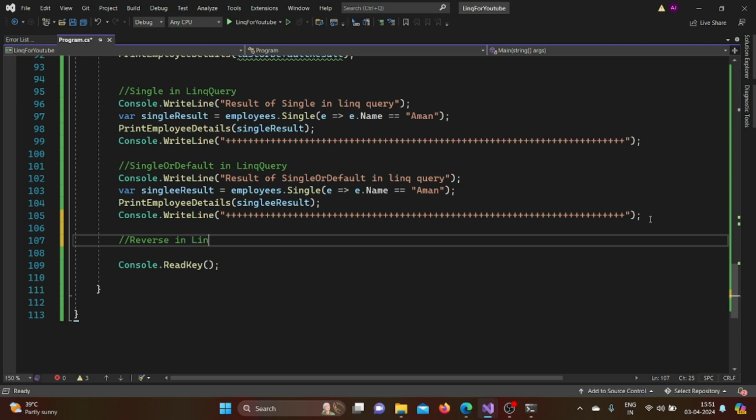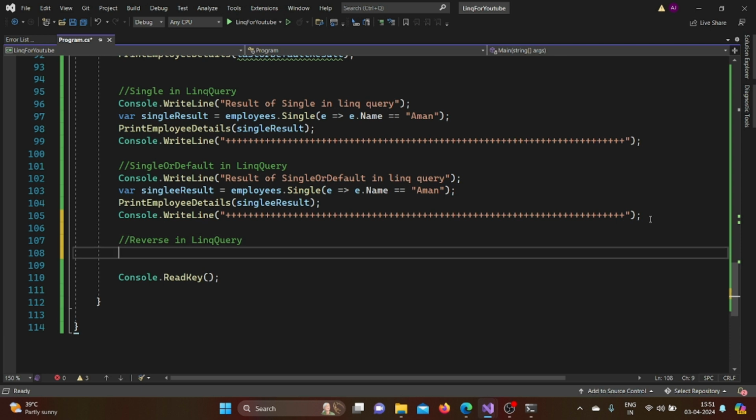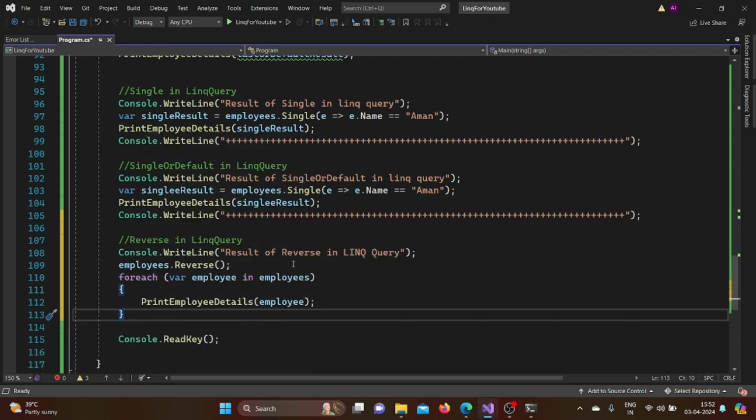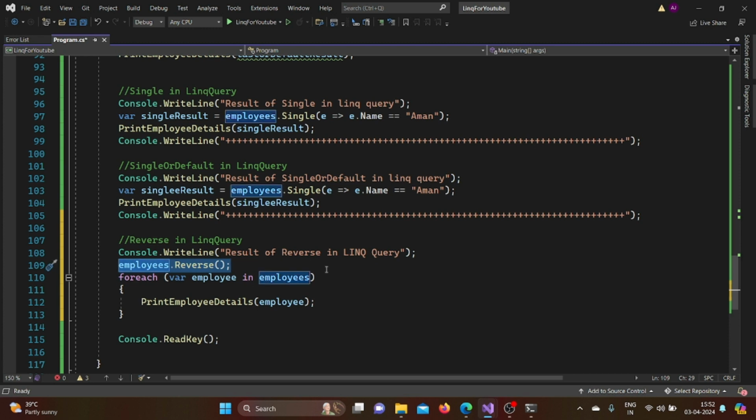LINQ query, and in this reverse I'm pasting it here. So basically this console.WriteLine is there, which shows the result of reverse in LINQ query. Here we have reversed this employee object, and after that we have applied a foreach loop to see the reversed value. So let's provide our separator